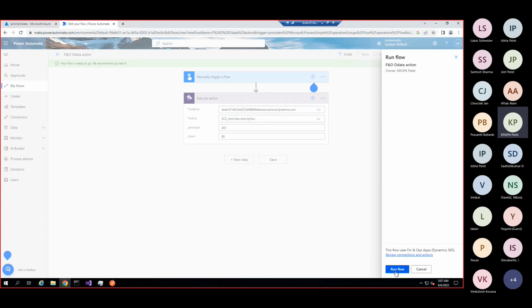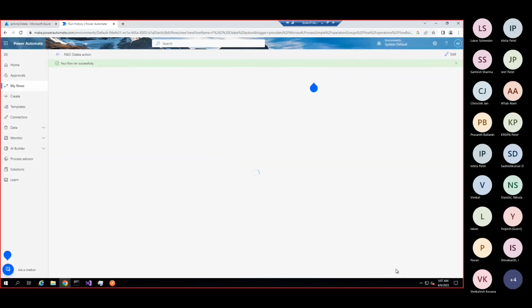Now we will run the flow. Then you need to press Done. You can see your flow ran successfully.